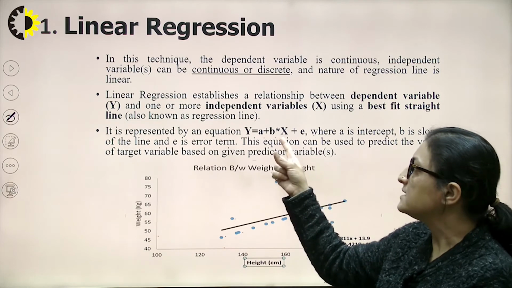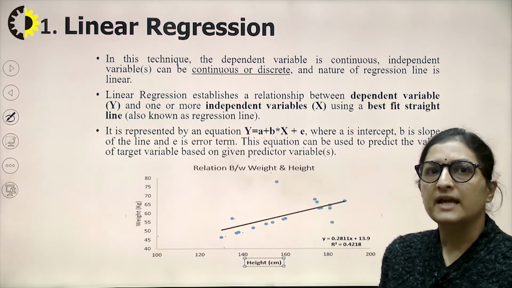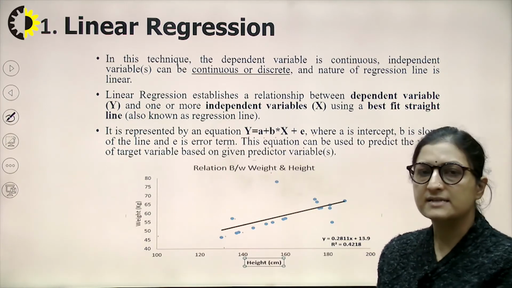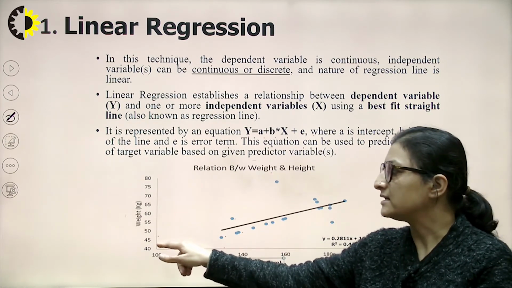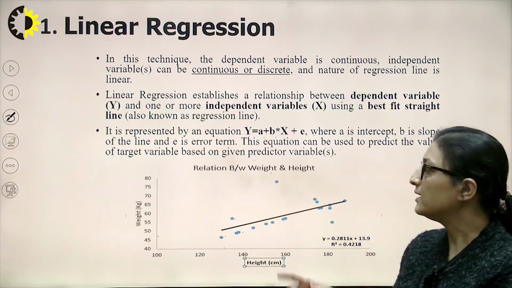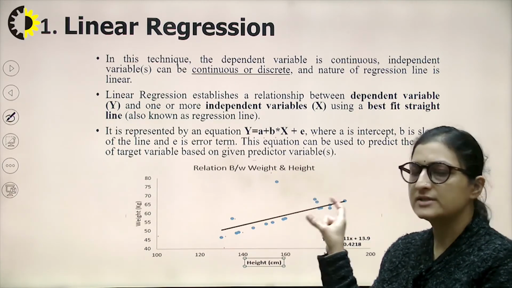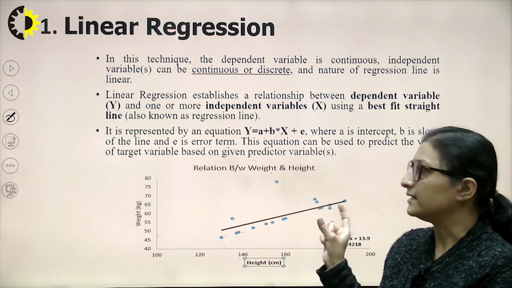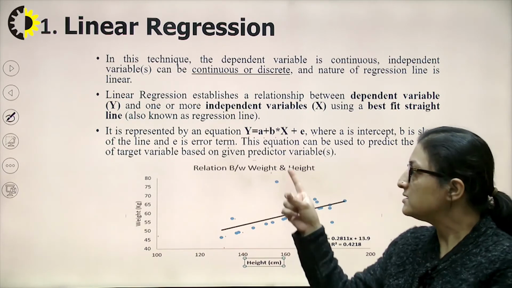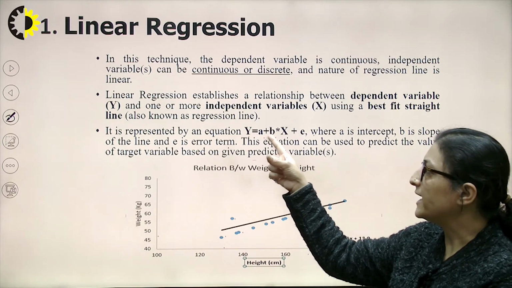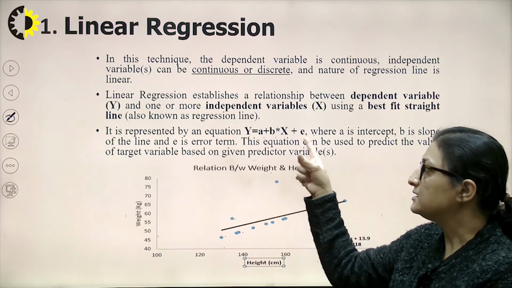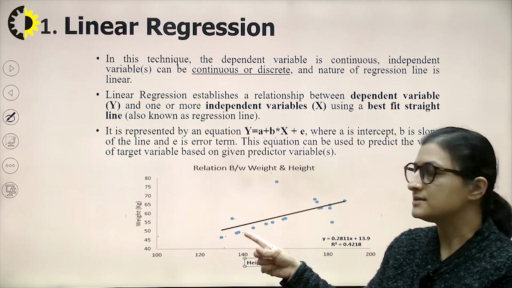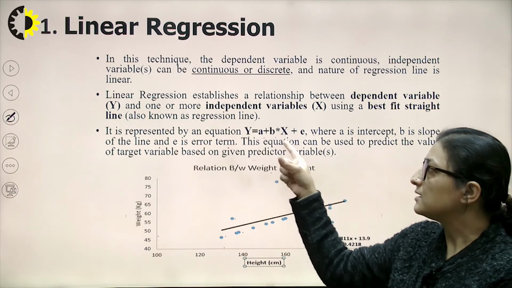So what does this tell? a is the intercept on the y axis, where this line will intersect the y axis. b is the slope of this line and e is the error term of this line. So this equation y = a + b * x + e represents a straight line across all these instances, and now I can use this equation